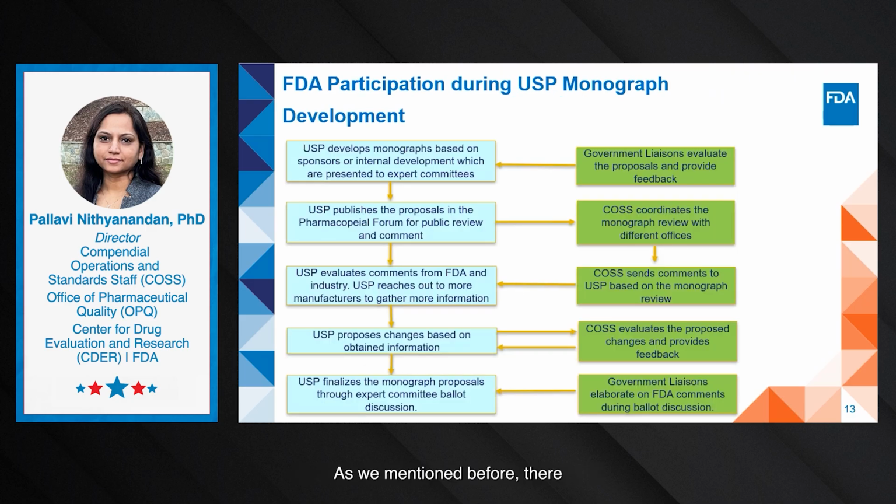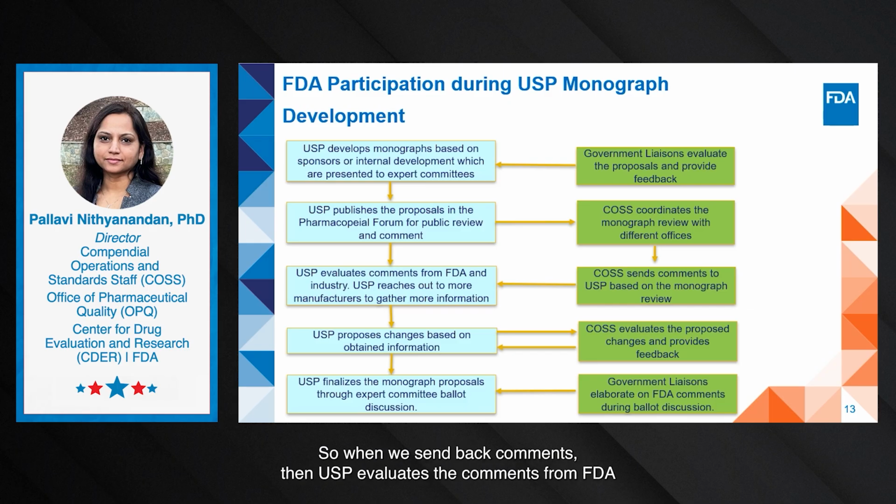As we mentioned before, there are the subject matter experts who participate as government liaisons. This slide is basically explaining how they tie into the PF review and comment process. They would typically have seen it at the committee level during development and would have provided some feedback, but the more detailed feedback and distribution to all the impacted offices within CDER happens when the proposal is published